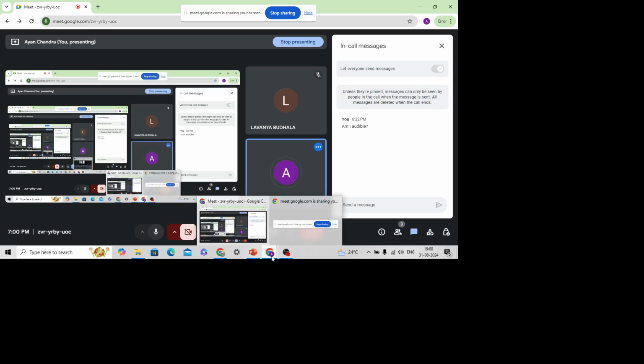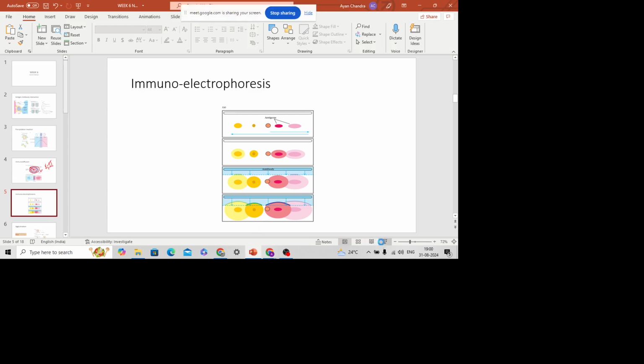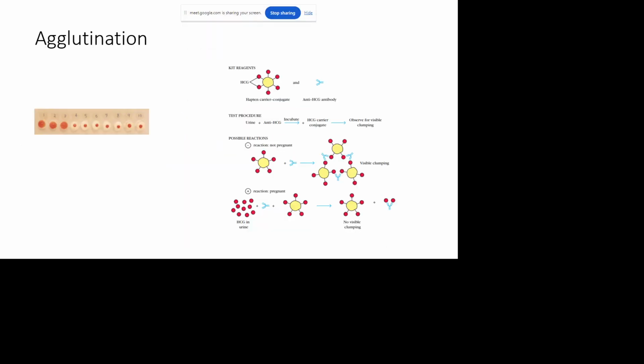Okay, so as there is no doubt in electrophoresis, so we can move ahead. Next is